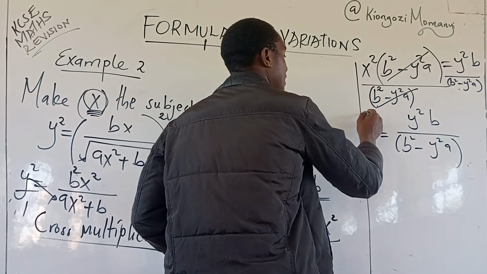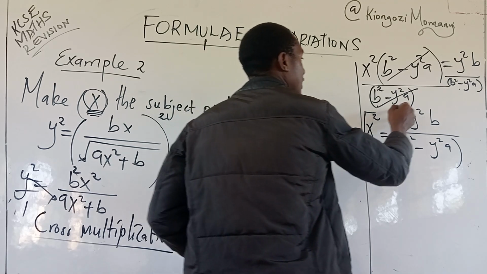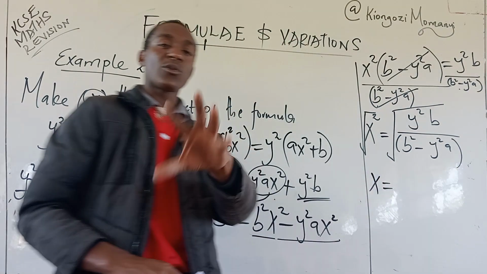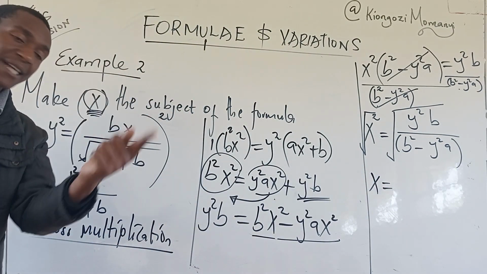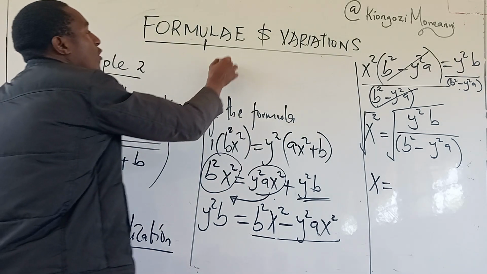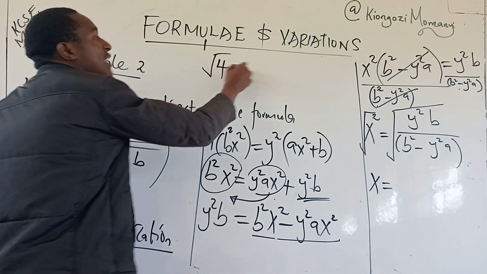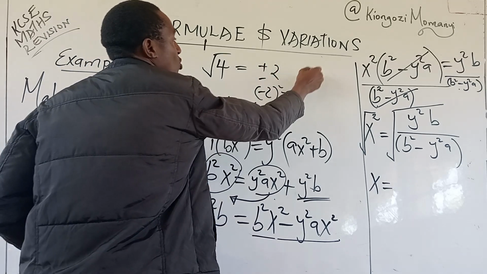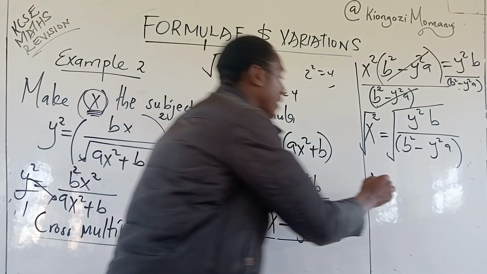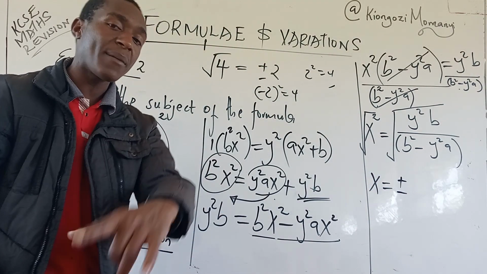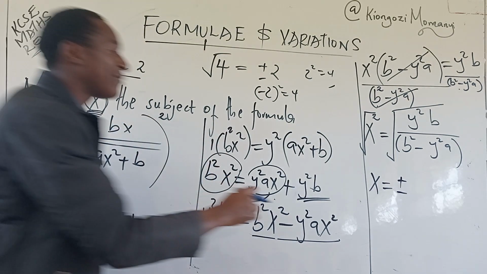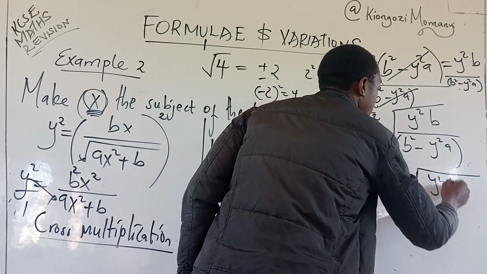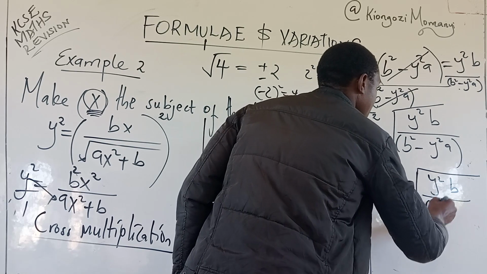You are not done because you want the absolute formula for x. You do the square root on both sides. Square root here, square root on the right hand side. So this one gives you x is equals to, when you're looking for the square root of a number, the square root is equals to the plus or minus of that number. If you're looking for the square root of 4, for example, you will get plus or minus 2. That means negative 2 squared is equals to 4, and 2 squared is also 4. So in this case, we start with those two signs, because the square root of a number is plus or minus that number. And you have plus or minus the square root of y squared b over b squared minus